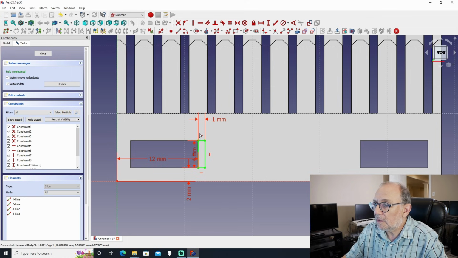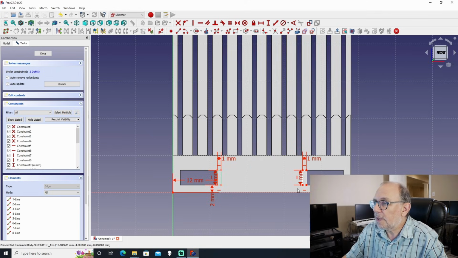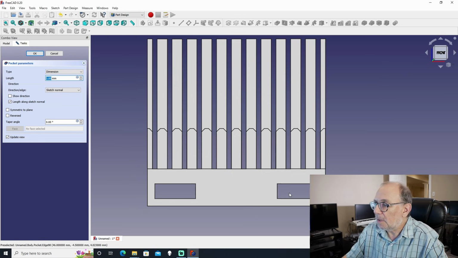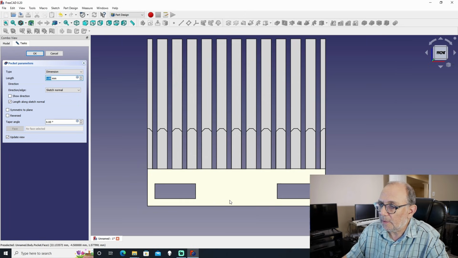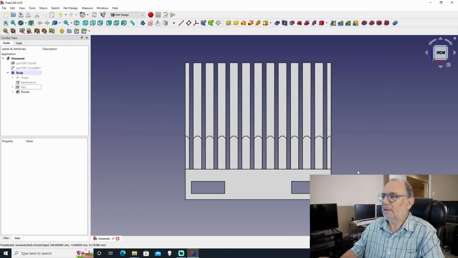So we'll copy this, and we'll copy this, and we'll copy this. So this point should be the point that we're going to copy to. So we'll click on copy, and sure enough that works. We'll go to this point here, and there we go. So now we can close the sketch and simply make a pocket. And there we go. We've actually extended this a little bit, made it a little wider, and now the part should fit better. So we'll say OK, and now we've got everything we need to have done,